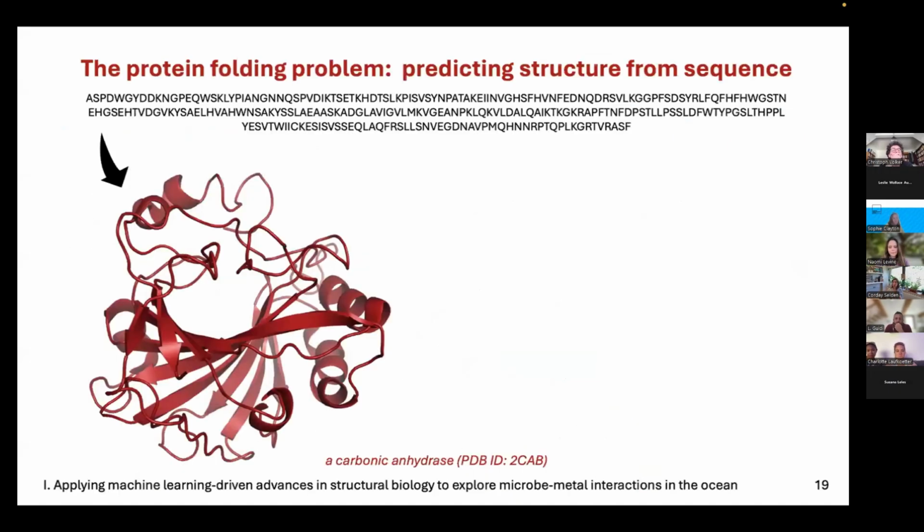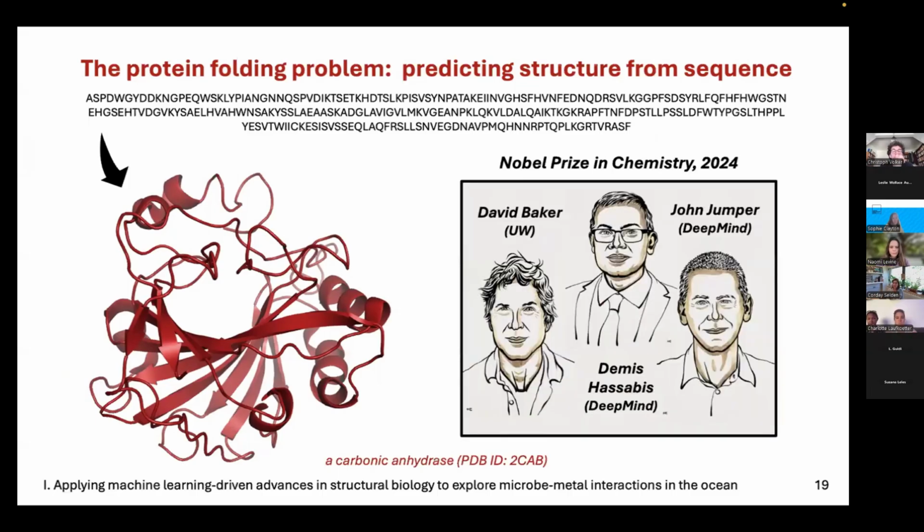The first really major scientific problem to be solved by machine learning is what's known as the protein folding problem, a challenge posed by John Kirchhoff during his 1962 Nobel acceptance speech. Proteins are polymers of amino acids, and their 3D structure is, in theory, a function of their 1D amino acid sequence. Yet predicting their 3D structure has proven exceptionally difficult. It took until 2021 for this challenge to be declared solved.